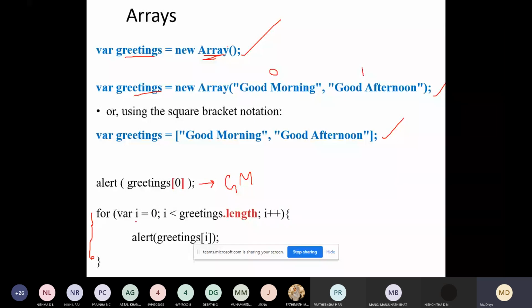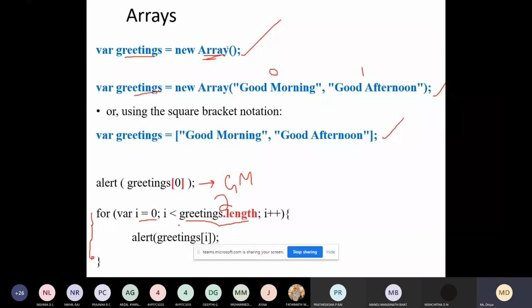For i equal to 0, i less than greetings.length. This is one of the properties we have in array for getting the length of the array. What is the length of this array? It is 2, the number of elements in the array.